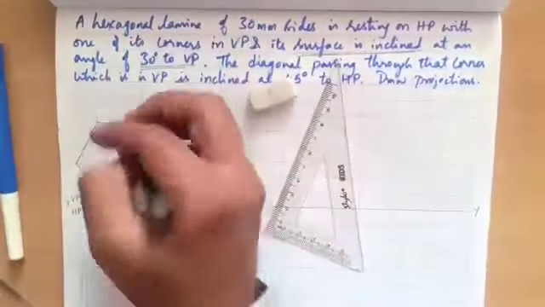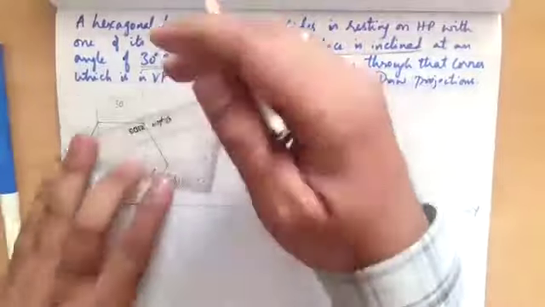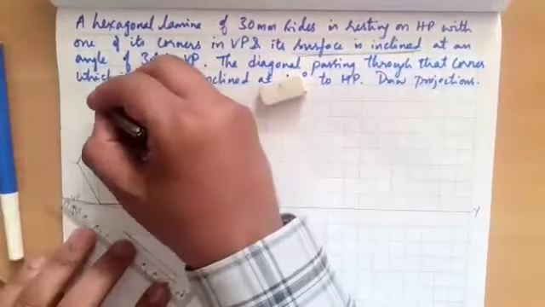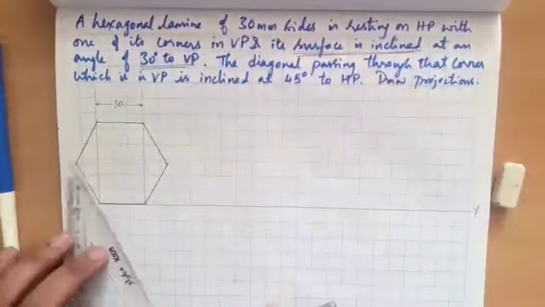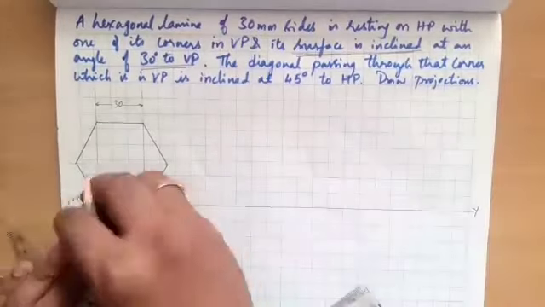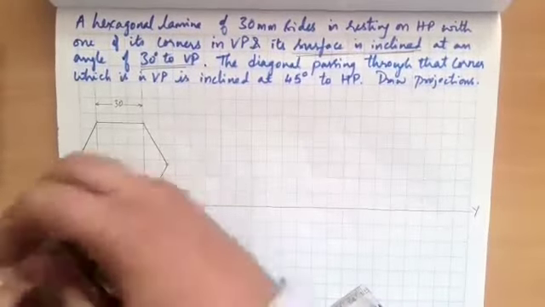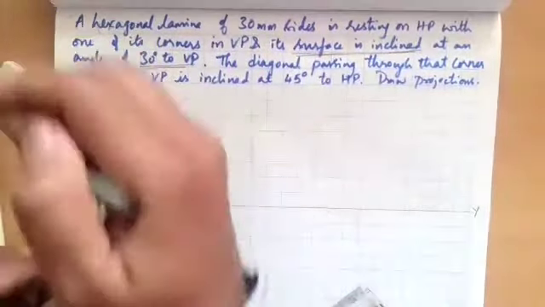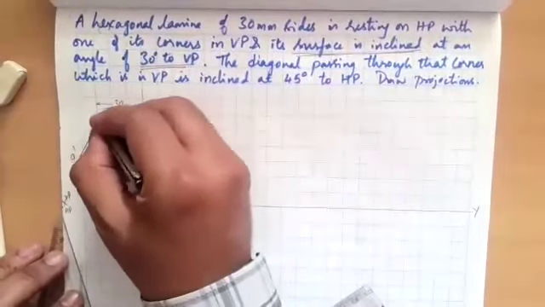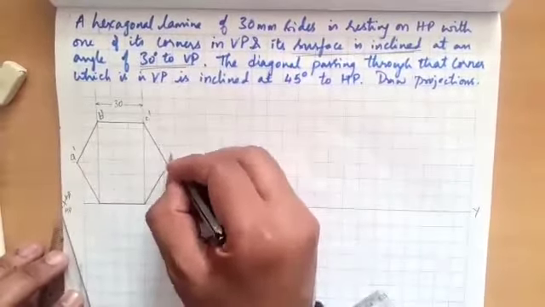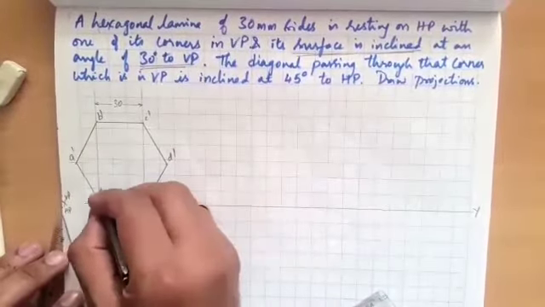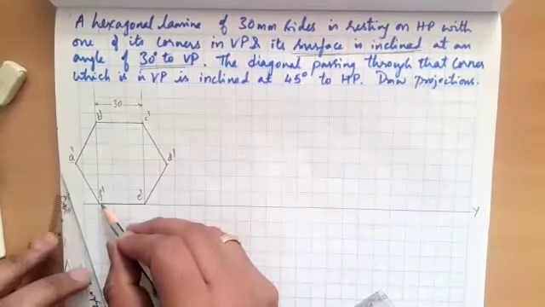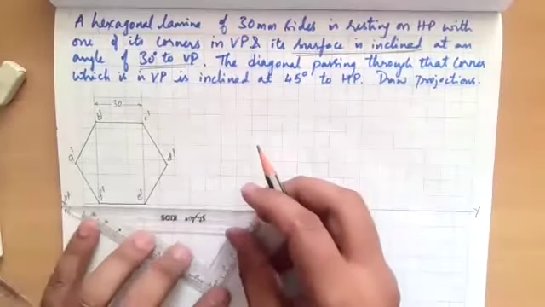Name it accordingly and erase these unnecessary lines. Let one line be here for dimensioning 30. I'm going to dimension 30 here, and construct this hexagon. And start naming this. I'll name this as A dash, B dash, C dash, D dash, E dash, and F dash. Don't represent E dash below this line. Below this line represents the horizontal plane. F dash also and E dash, everything should be above.